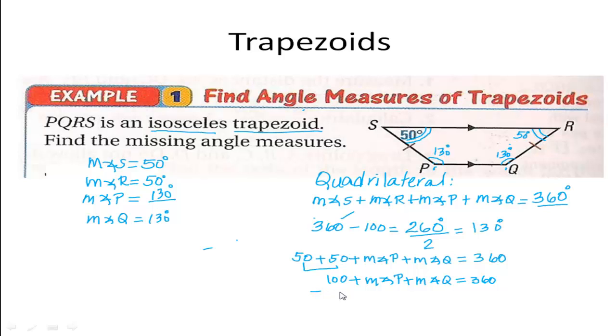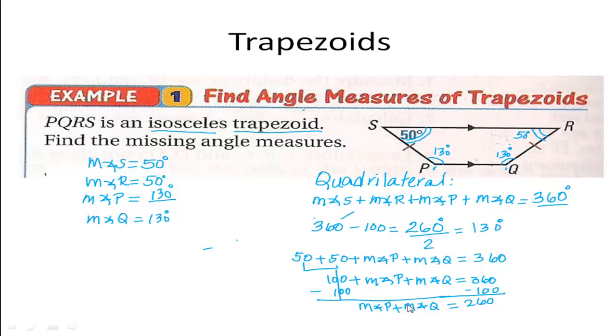Now I can subtract 100 from this side of the equation and subtract 100 from this side, and you get 260. This cancels out and you get that the measure of angle P plus the measure of angle Q is